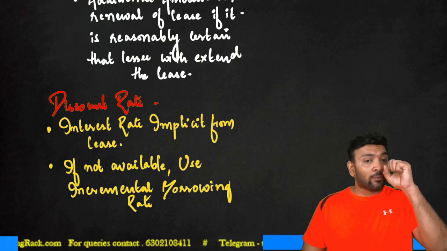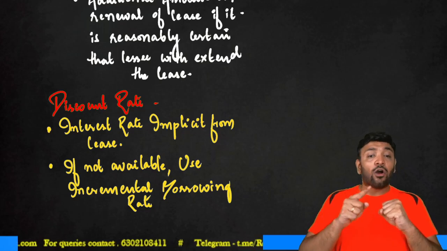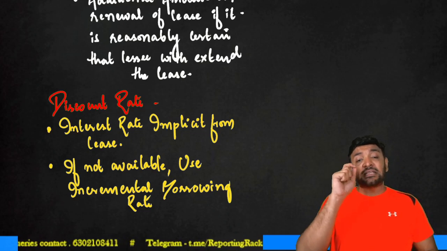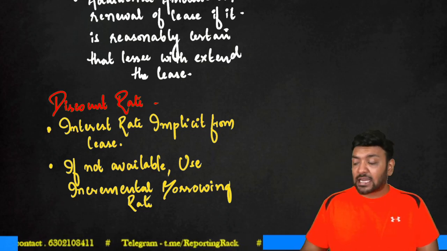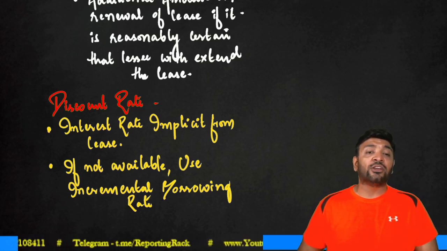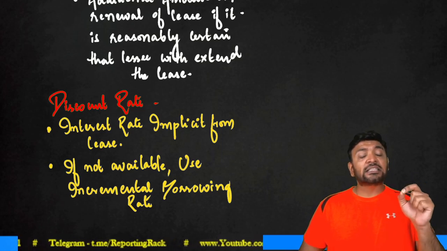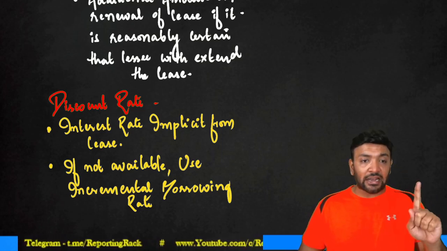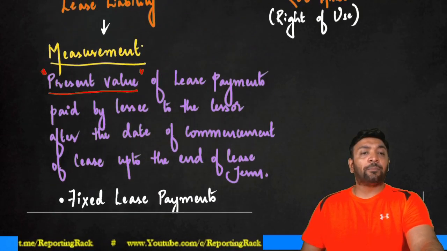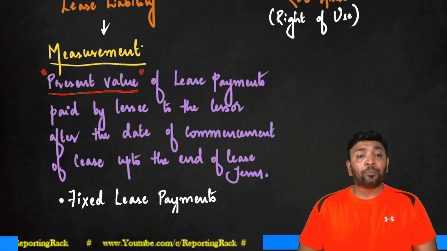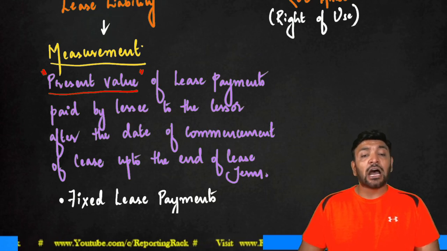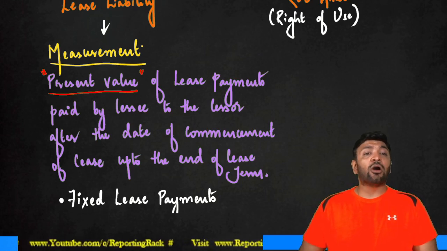The rate at which you can borrow funds to purchase the leased asset, or to purchase a similar asset upon a similar term based on a similar security, should be called the incremental borrowing rate, which can be applied for identifying present values of cash flows if your interest rate implicit in the lease is not available. Clear? So when I said measurement at present value of lease payments paid by the lessee to the lessor after the date of commencement of lease up to the end of the lease term,